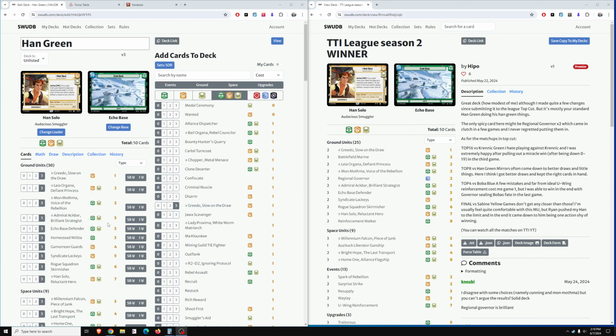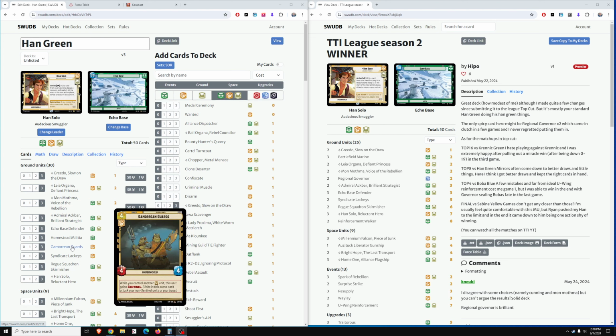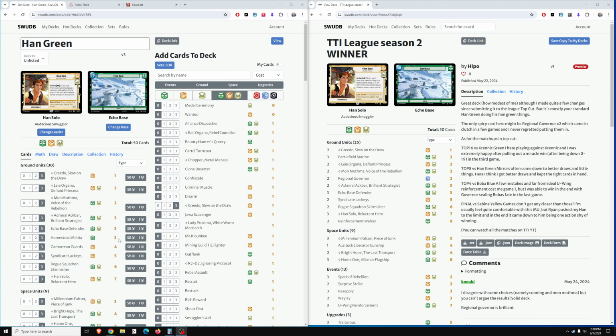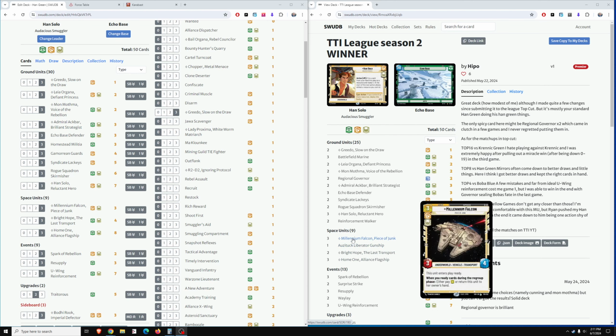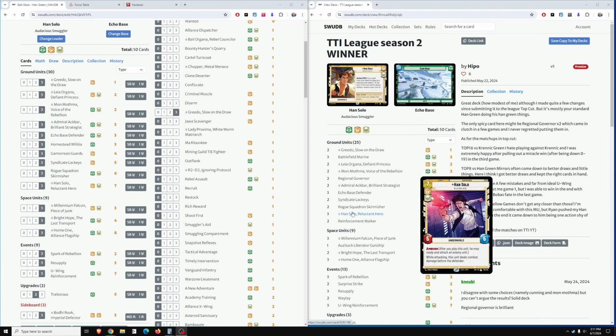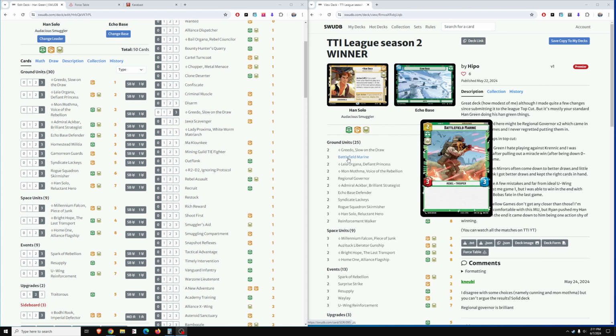because I found in testing that it wasn't doing well against Sabine. So I added in additional Sentinel cards, Homestead Militia, and Gamorrean Guards to compensate against aggro. We removed Waylay, removed Surprise Strike, removed the Liberator Gunship, Reinforcement Walker, Regional Governor, Battlefield Marine,